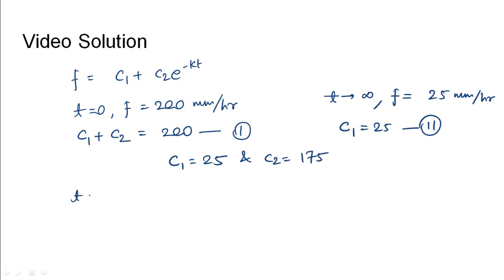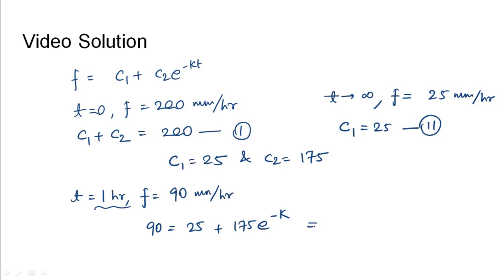After a time of 1 hour, the value of infiltration is mentioned as 90 millimeters per hour. So substituting that value, we would get 90 equals 25 plus 175 e power minus k. Here t is 1. Solving this, we would get 65 by 175 equals e to the power minus k. This would give the value of e power k as